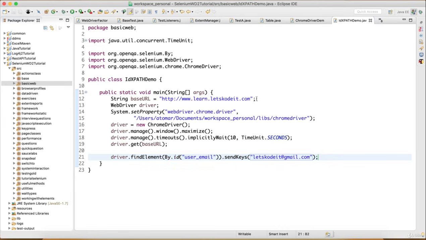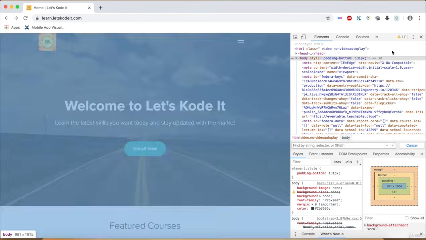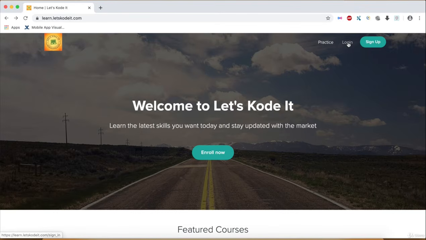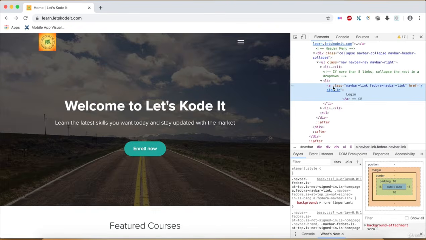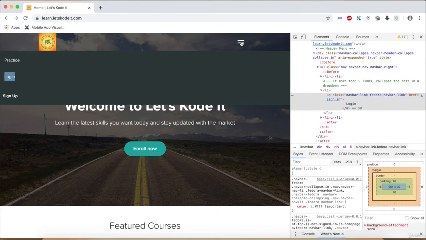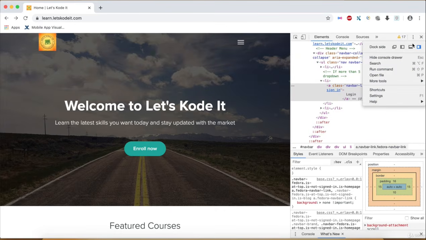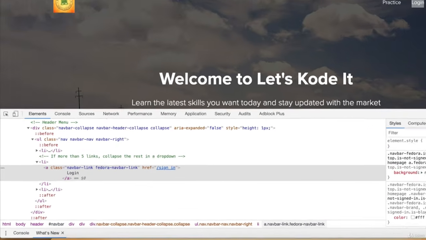But what we need to do here is from this page, we need to first navigate to the login page, right? If you remember, we first clicked on the login element and then it went to the login page. So we need to find the login element. I'm going to right click the element, inspect it, and it shows the DOM here. If you notice, this is what happens to a lot of websites. The right hand side of the website is cut because of the DevTools. The website space is less, and they have collapsed the menu. In these cases, you can dock it at the bottom and you will see everything here.